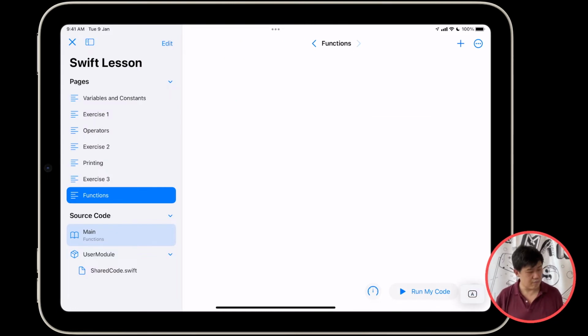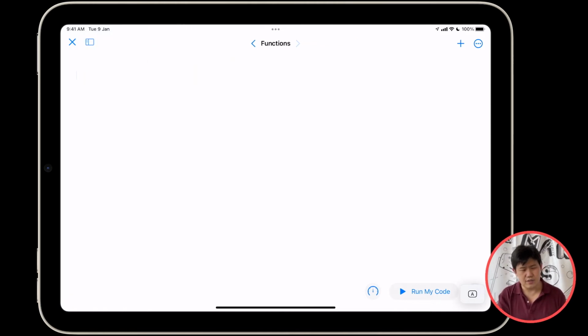Okay, let's go make a function or two. Let's go back to our idea of introducing ourselves. So I'm going to say func print introduction, open bracket, close bracket, and open curly brace. So here you go. You've written your very first function. It does absolutely nothing. But notice the presence of curly braces. If you saw our SwiftUI video, you'll know that curly braces means that everything inside here belongs to this crocodile thing that encases the many lines of code.